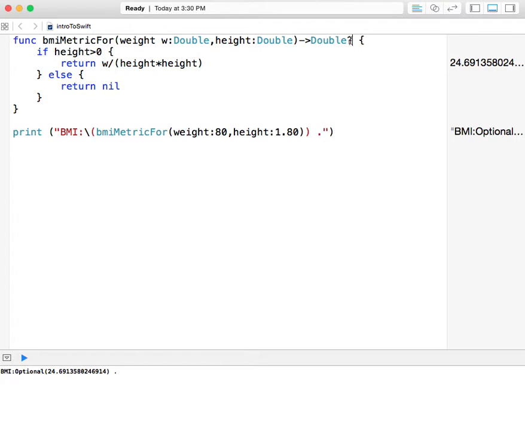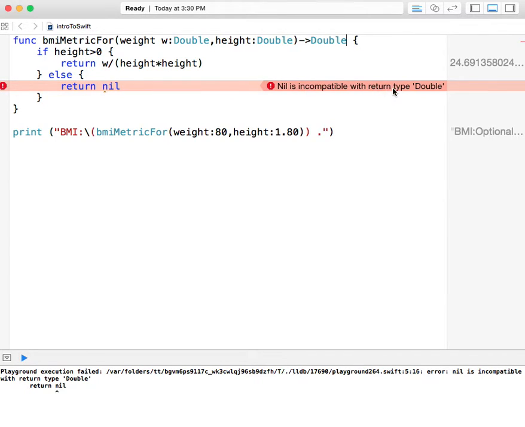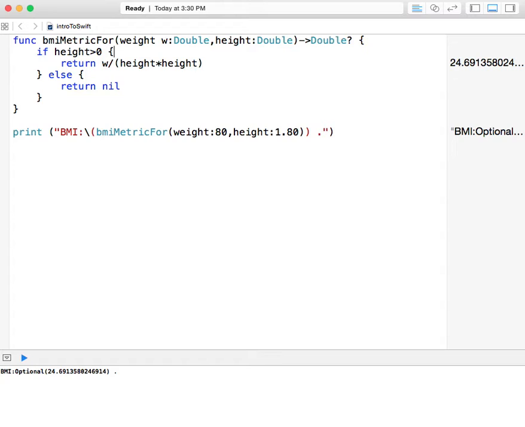If I don't have this question mark, I'm going to get an error, okay? Right there, here's the error. It says nil is incompatible with type double. If I want to return double or nil, or any type or nil, I need to specify a question mark in the return parameter. All right, now